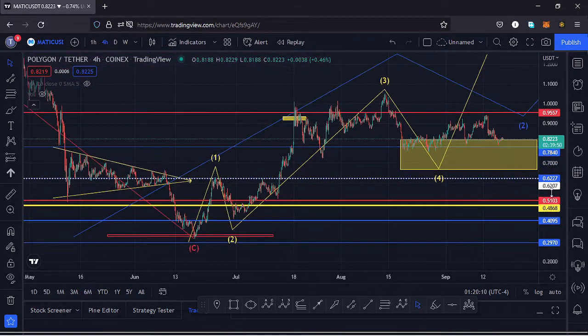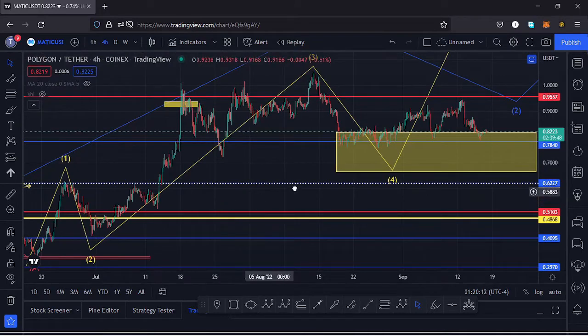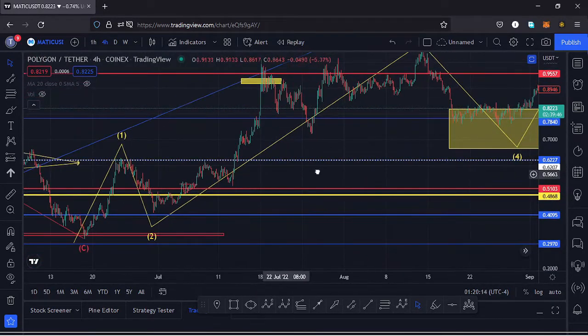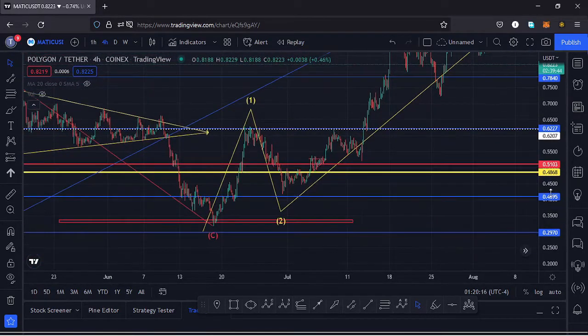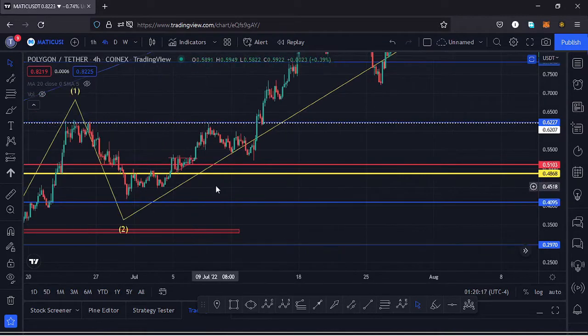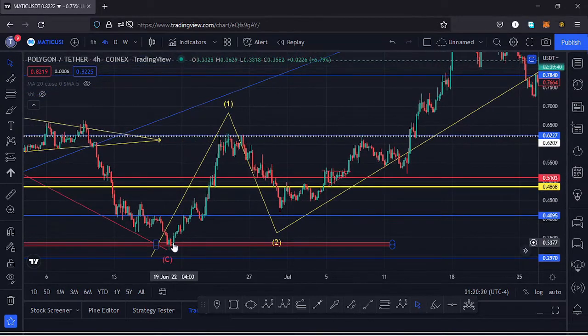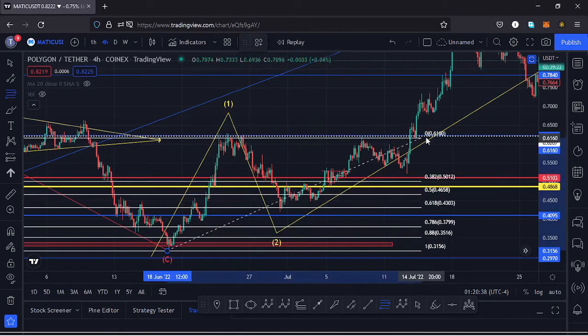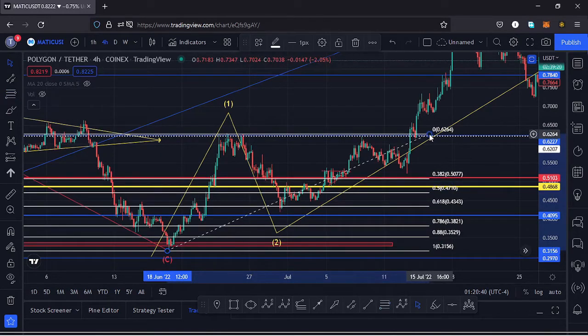And if I get a little bit into the formation of that fractal wave, so that it can also give me the key scenarios that I expect to play out on this chart, after making a low at around the $0.32 mark, we saw a very nice bounce to the upside and made a high for that first wave to the upside, then saw a very nice retracement to the lower side in the formation of a wave 2. And using the Fibonacci's, we can get the minimum target area for that retracement to the lower side in the formation of a wave 2 between the fib level 0.382 and the fib level 0.618,